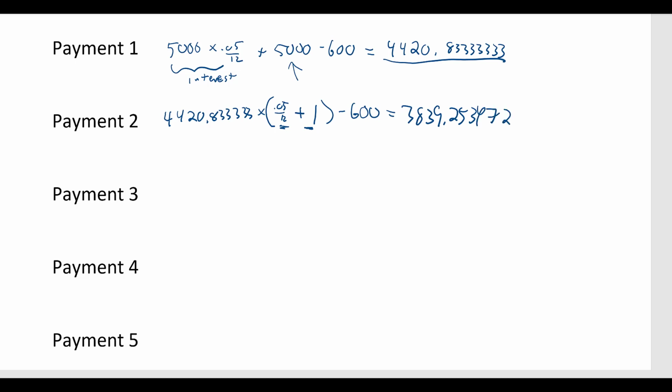3839.253472. So I take that amount, 3839.253472. Again, multiply that by 0.05 over 12 plus 1. Now I realized I could do 0.05 over 12, get a decimal. It's going to be repeating. I just thought I'd leave it like this. Again, minus the $600 payment, and we'll be at